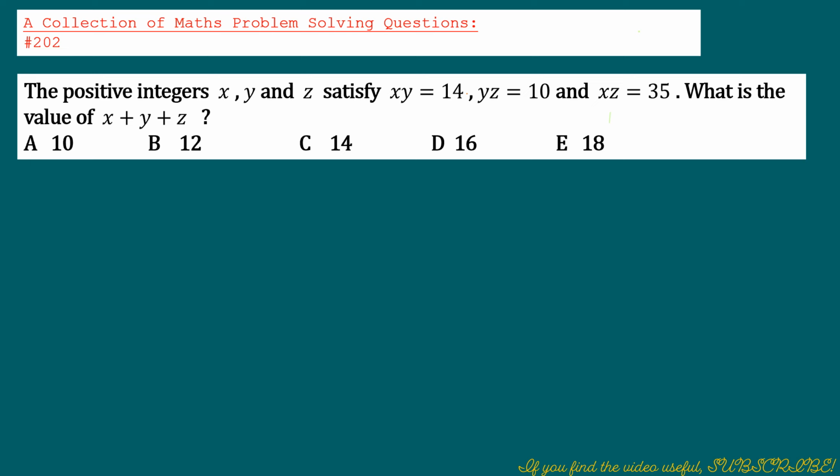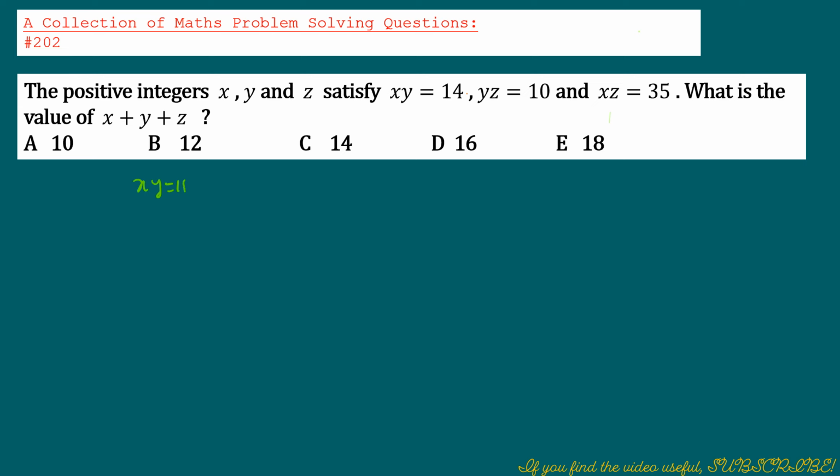The positive integers x, y, and z satisfy xy equals 14, yz equals 10, and xz equals 35. What is the value of x plus y plus z? So what we do here is,